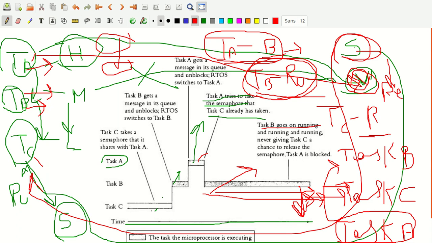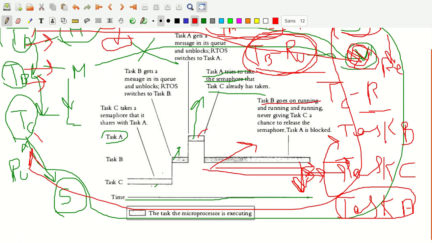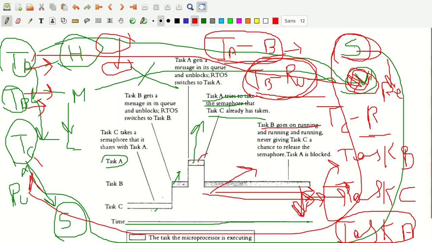So this is what is priority inversion, where task A had to wait for task B and task C, because there is an inversion of the priority. Even though task A is having high priority, it waits for the low priority. According to priority, task A should have completed first. But because of the semaphore technique, task B is getting completed, and after that task C is getting completed. So there is an inversion of the priority, isn't it? That is what we say priority inversion, which is one of the disadvantages you have to face when you have the semaphore problem.